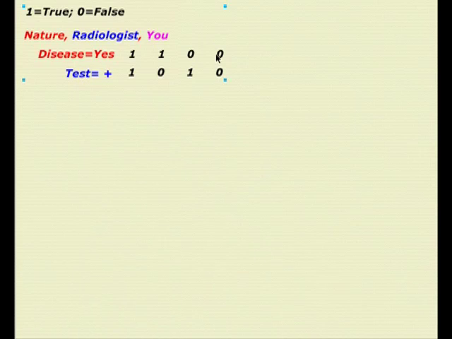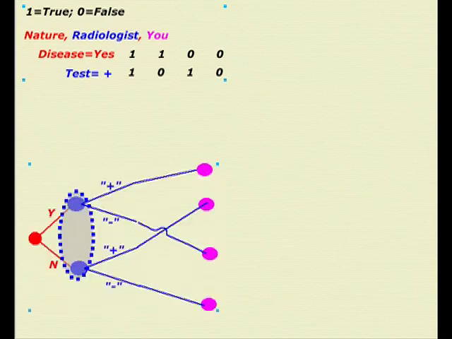You do have the disease, or you don't have the disease, and the test indicates you don't have the disease. It's a negative result. Okay, so there are 4 logical possibilities here. This one in this column is a true positive. This one in this column is a true negative. In this column over here, we have what we call a false positive test, because the test is positive, but you really don't have the disease. Here we have a false negative test, and it's a negative test result, but it's false because really you do have the disease. Okay? Now, let's draw a little game tree.